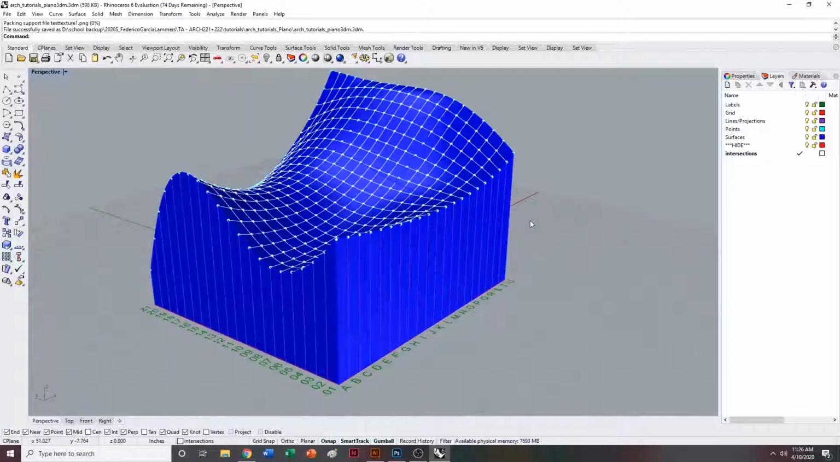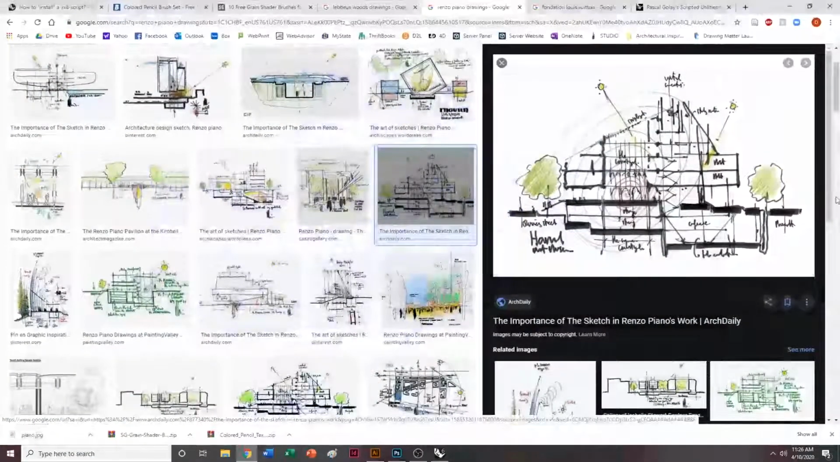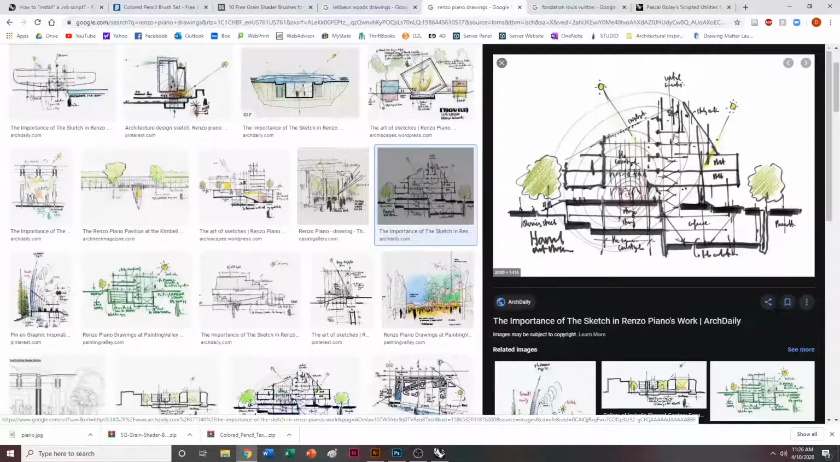Hey everyone, this is the tutorial for Renzo Piano. So if we look at some of Renzo Piano's drawings, he does a lot of his stuff by hand. And for the sake of showing you how to model some of these things digitally and how we can start to hybridize hand making with digital drawing construction, we're going to focus on